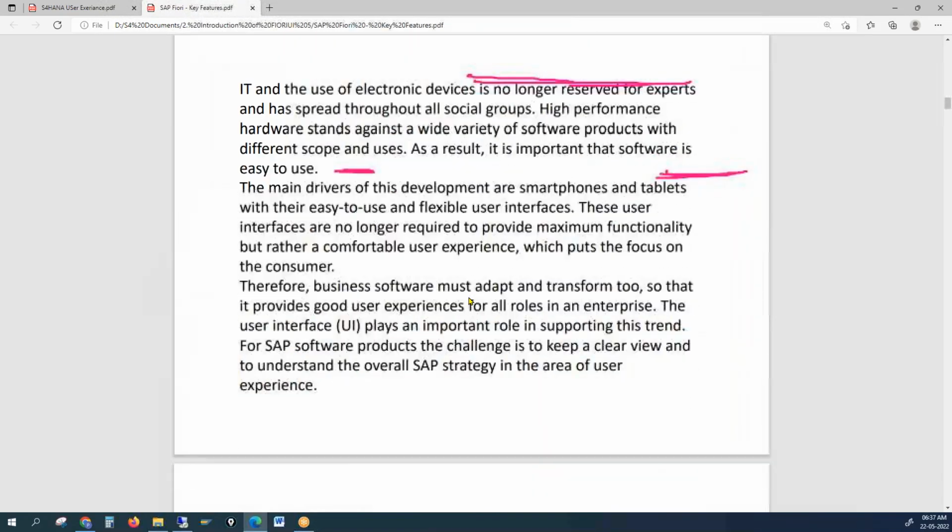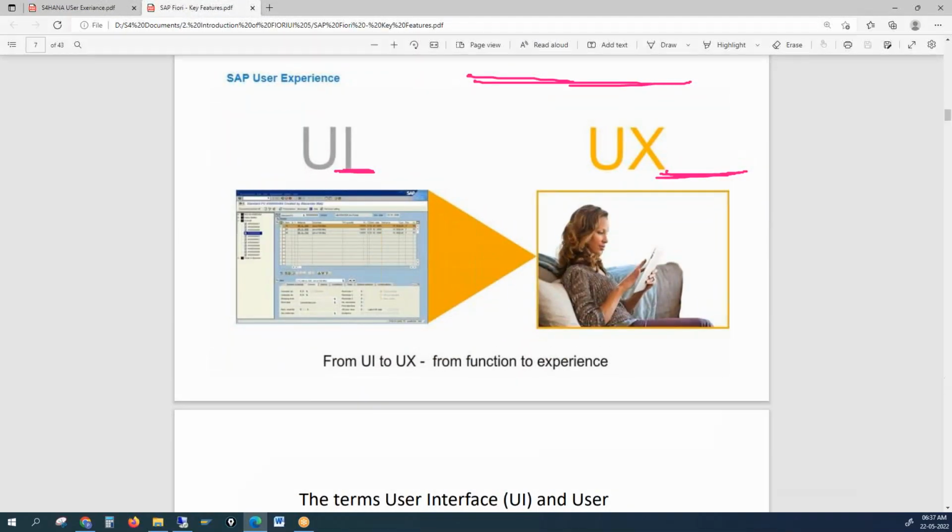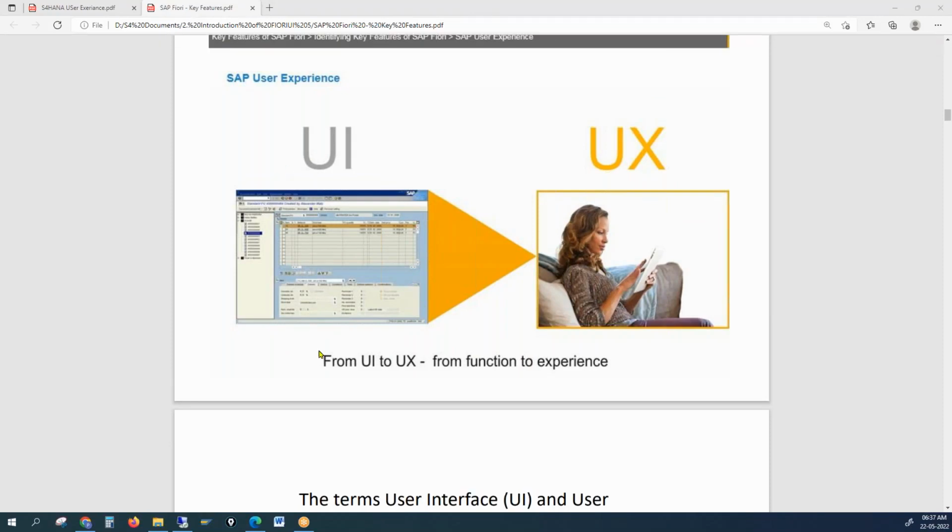So you could see here, this is the user interface, and this is what user experience is all about. User interface is only functionality focused. That means everything is concentrated on the functionality, but user experience is giving delight to the customers,